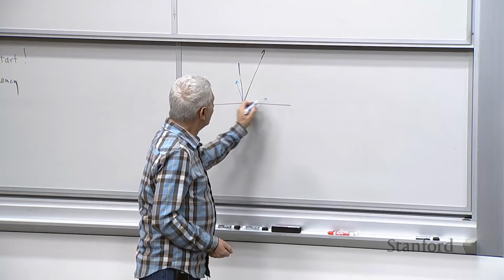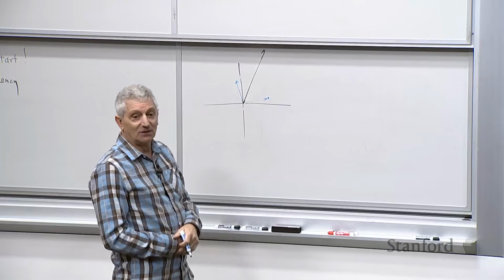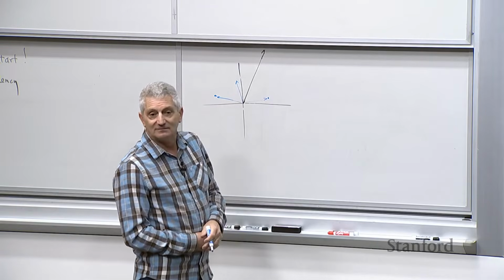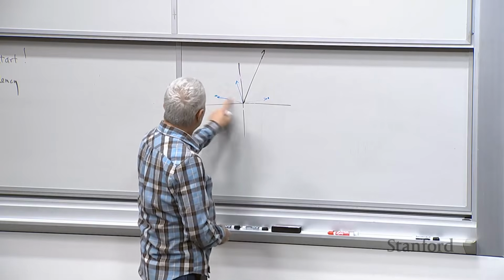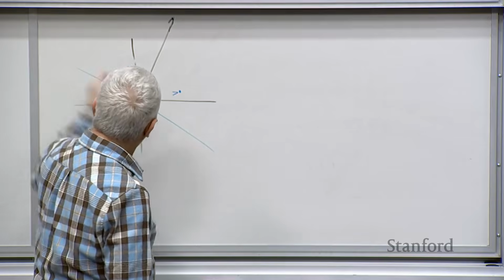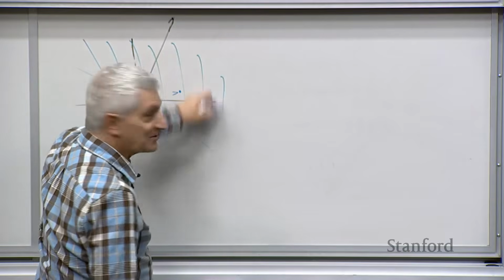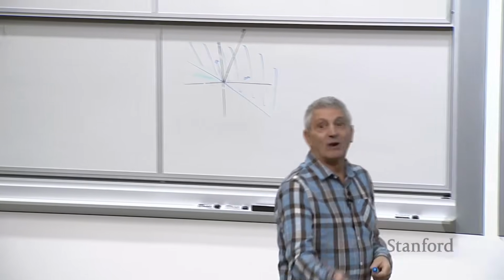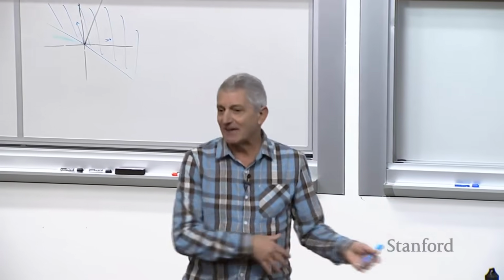How about this guy over here? How about that point? Yeah? Okay. How about this point over here? No, doesn't work. Okay. And so, basically by doing a couple of these, you will quickly figure out that in fact, this is the dual cone. It's a half space. So you could say something fancy like the dual of a ray is a half space.